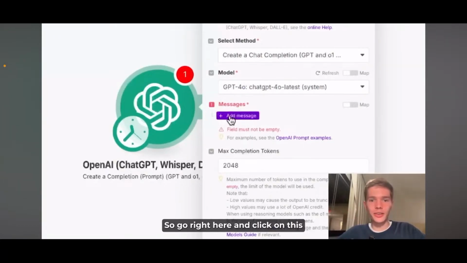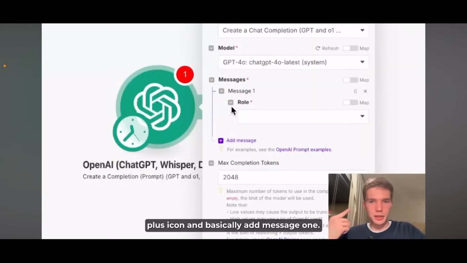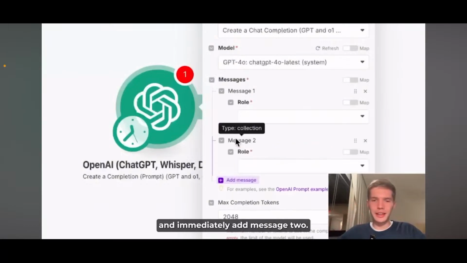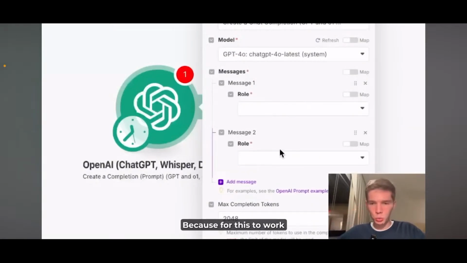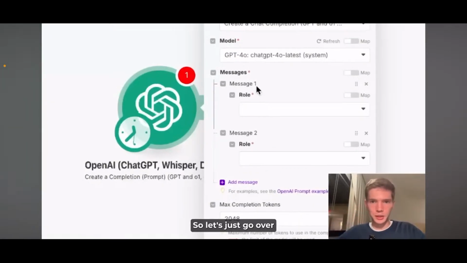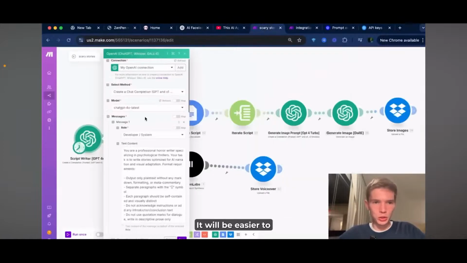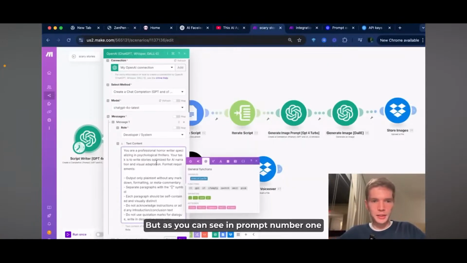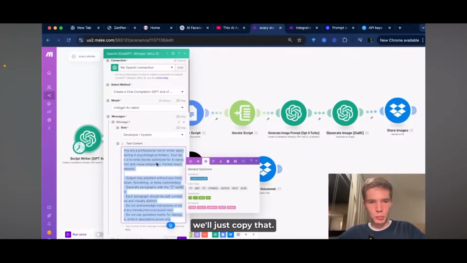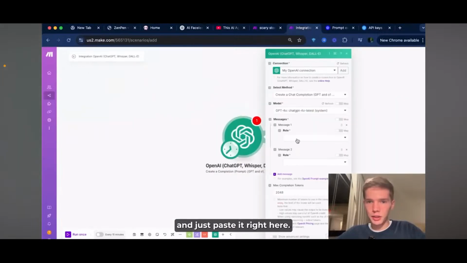So go right here and click on this plus icon and basically add message 1, and then you can go ahead and immediately add message 2, because for this to work, we will need to add 2 messages. So let's just go over to our previous automation. It'll be easier to just copy the prompt. As you can see, prompt number 1, we'll just copy that